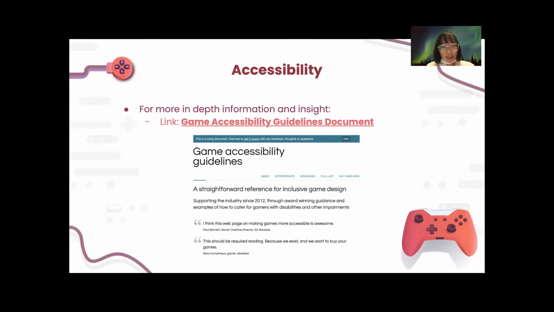Should be the first link. And you will be given this incredibly compiled list of ways or things to think about when making your game more accessible. It's a live document, so it's constantly being updated with new ideas and